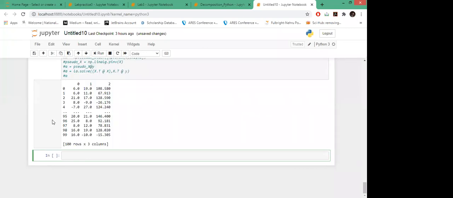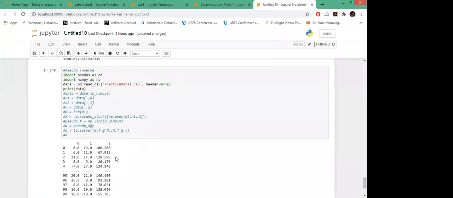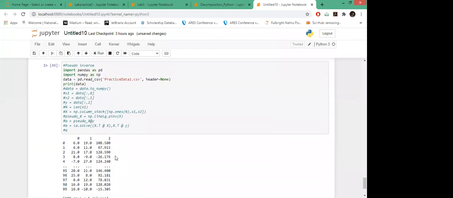Okay, so it has 100 rows and 3 columns. In machine learning and regression problems, you have two, three or many features, but here we have 2 features, x1 and x2, which give me the output y. So this is how my data is. These are the values stored. This is just to show you how it looks.